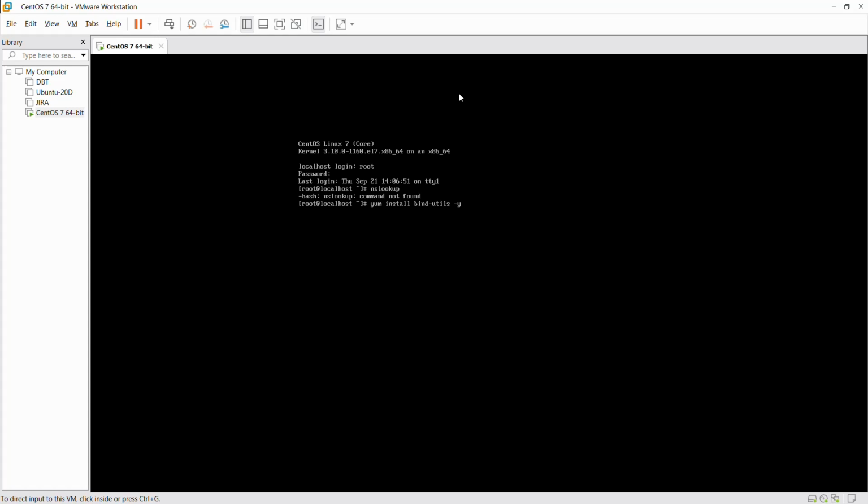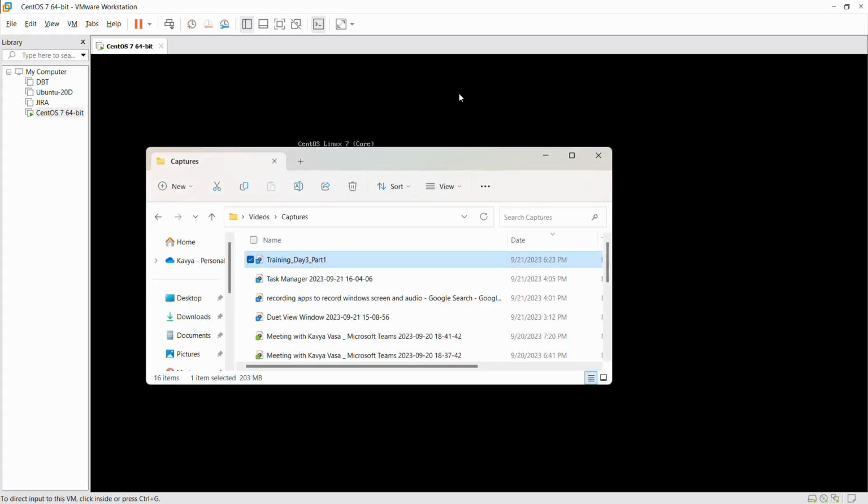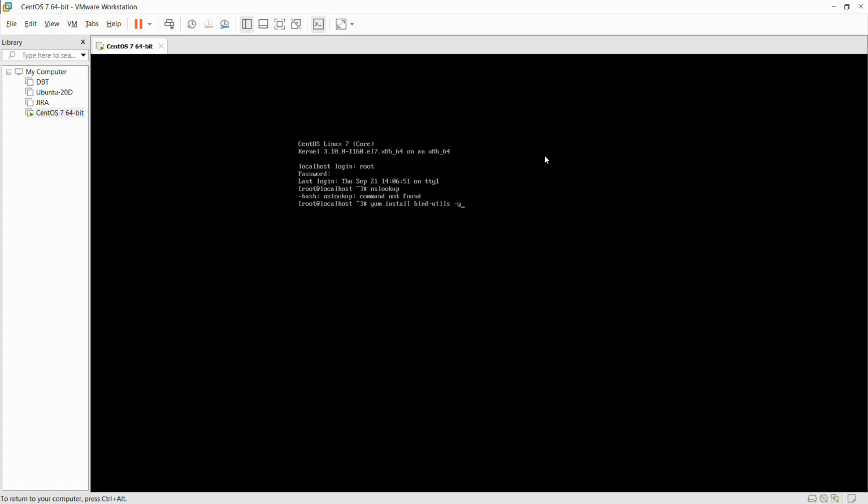Similarly, for reverse lookup zone you also have an article: forward versus reverse DNS lookup.